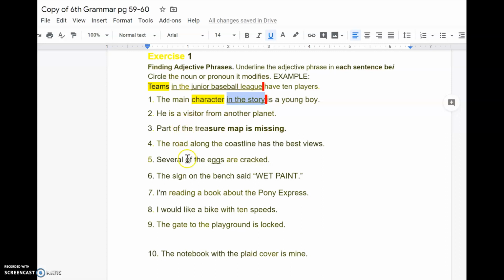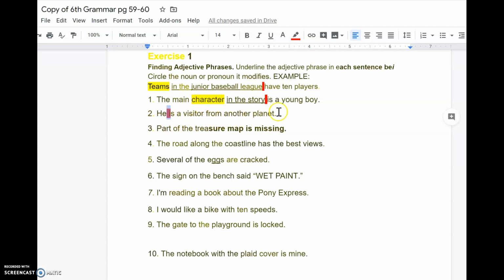You should have drawn a line between the subject and the predicate. He is the only part of the subject. And then is a visitor from another planet is the predicate. So I need to find